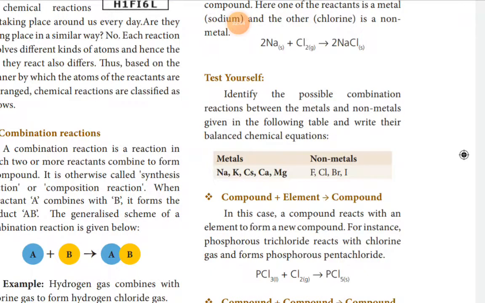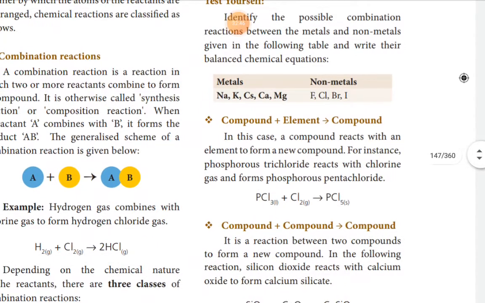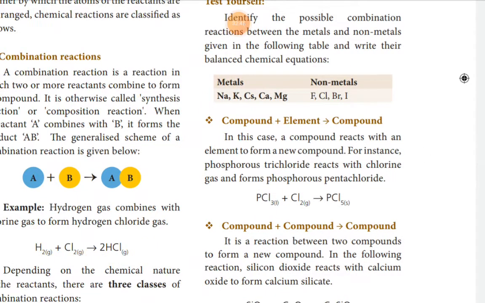Then another type of combination reaction, compound plus element gives compound. So in this case, a compound reacts with an element to form a new compound. Compound means nothing but a heteroatomic molecule. More than one kind of atom combine to form a molecule. It is called a compound. So PCl3, P means phosphorus, Cl chlorine, 3 chlorines. So phosphorus trichloride